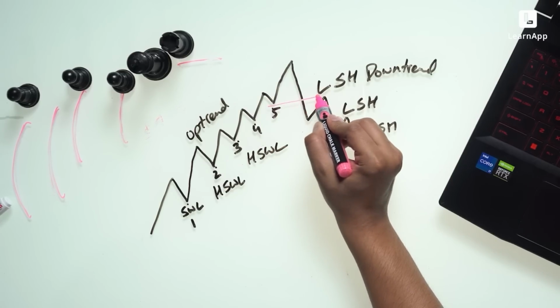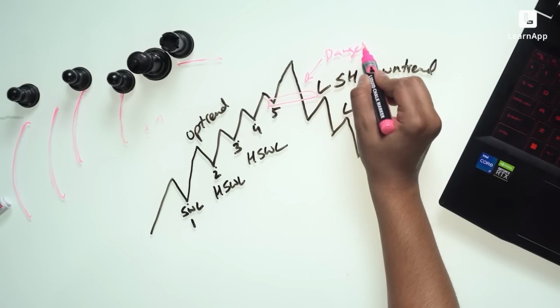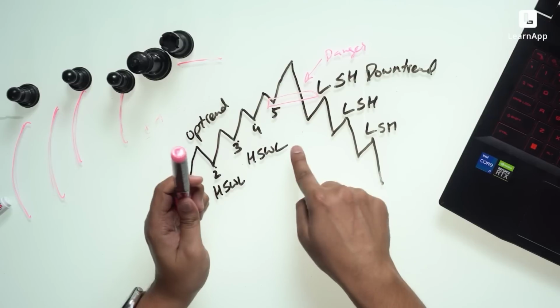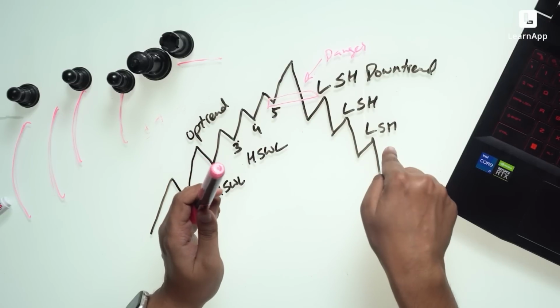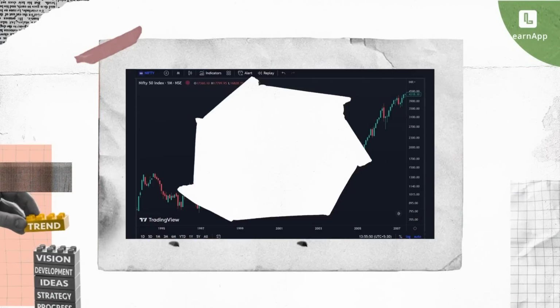It's very simple. When we are in an uptrend, identify the latest swing low, and when that swing low breaks, that means this is danger. Now notice I'm saying danger and I'm not saying downtrend, because for a downtrend you need these lower swing highs, which we don't know, but we know that the money flow is not on the upside anymore, at least temporarily. So let's see this with a few examples.